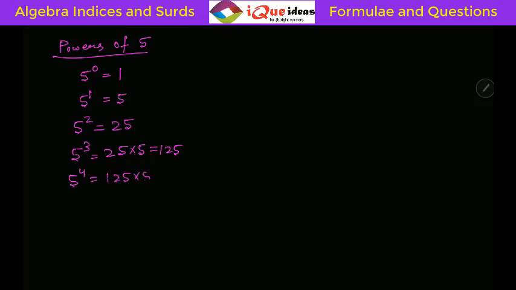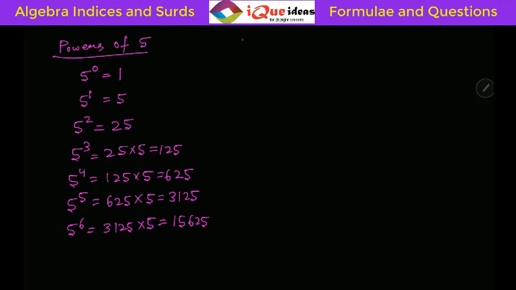Okay, now let's go to the powers of 5. In the same manner, 5 raised to the power 0 is equal to 1. 5 raised to the power 1 is equal to 5. 5 raised to the power 2 is simply 5 into 5, so it is 25. 5 raised to the power 3 is 25 into 5, which is equal to 125. Alright, 5 raised to the power 4 is 125 into 5, which is 625. 5 to the power 5 is 625 into 5, which is 3125. 5 to the power 6 is 3125 into 5, which is